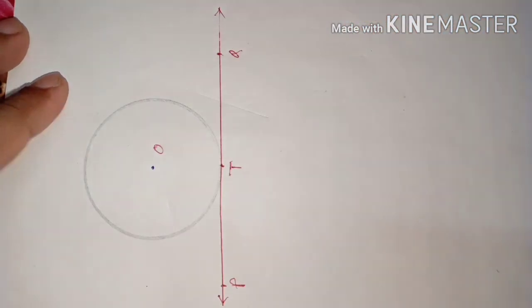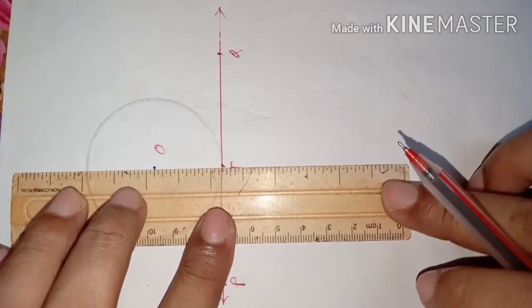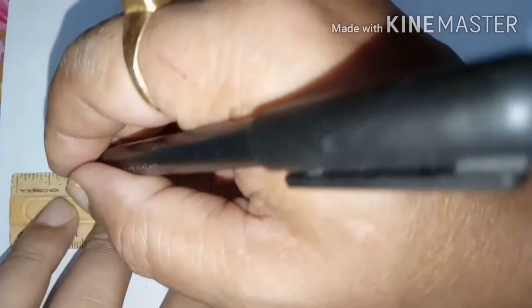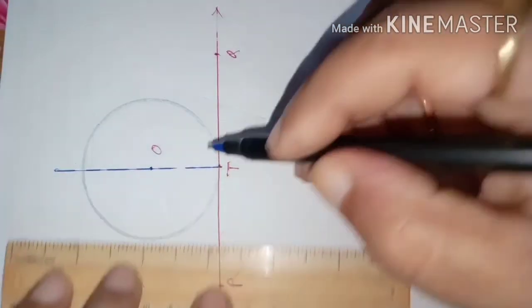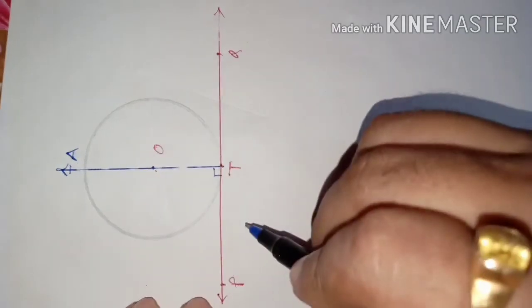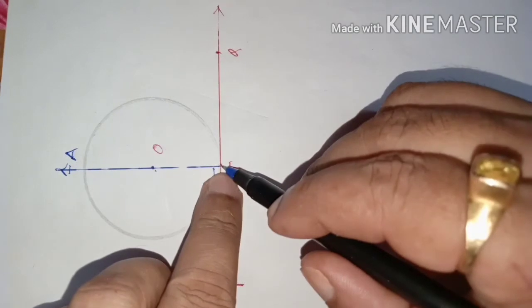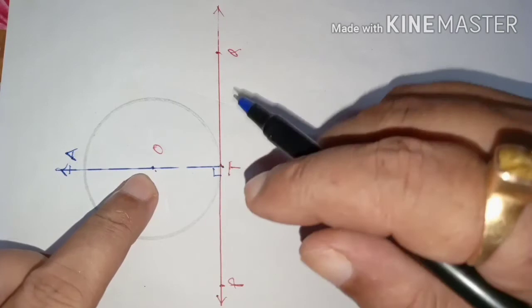Now, if at the point T we draw a perpendicular, the statement wants to say that if we draw a perpendicular at the point T, that is this way, this is a perpendicular at the point T. But just now we are not saying that it is passing through the center, but it is a perpendicular at the point T, say AT. AT is perpendicular on the tangent at the point T. Now we need to show that since it is perpendicular at the point of contact, it is passing through the center O also. We need to establish this result.